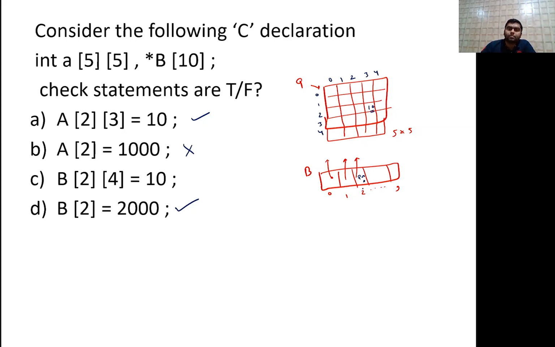Like this. B of 2, and at b of 2 whatever address is written, just go to that address and after that select what? Fourth index. So we will go to the fourth index and what will we put on that value? 10. So it is applicable, because it is pointing to an integer array, it is pointing to an integer address. So we go to that integer address, and if it is pointing to an array, we take the fourth element of that array and store 10 in that fourth element. This is valid. So I hope that this is clear to you.